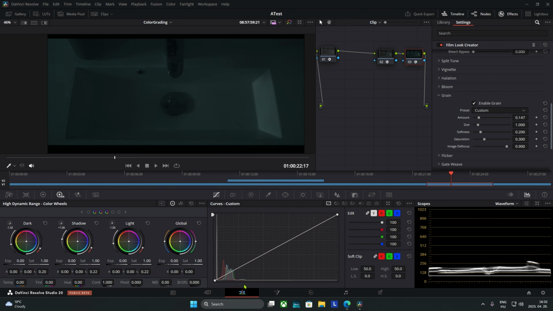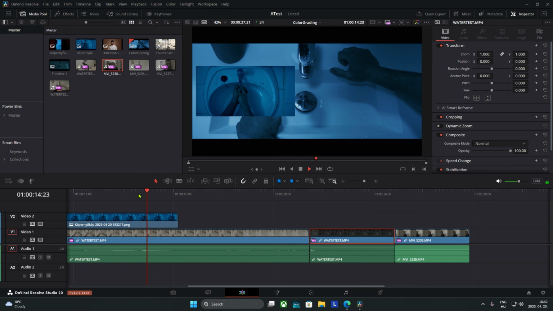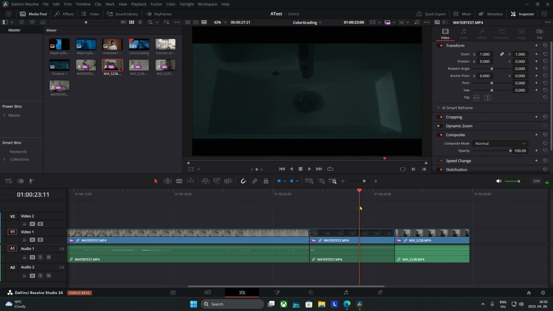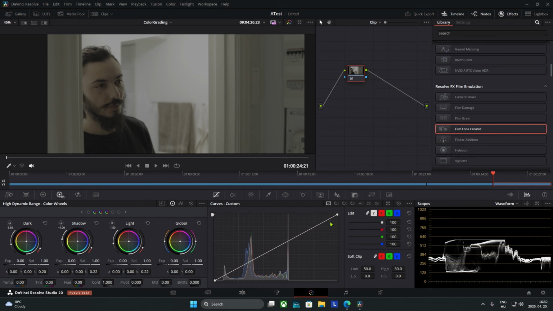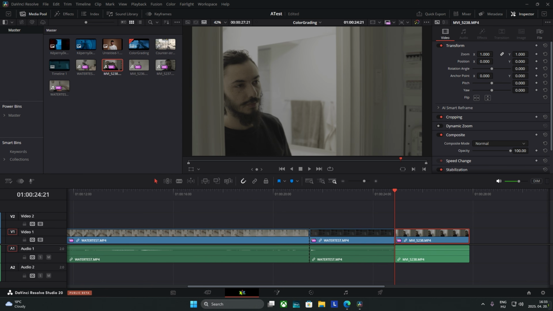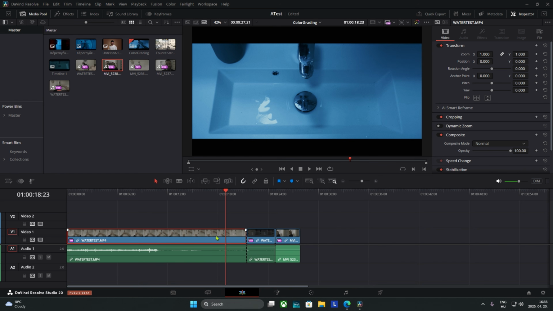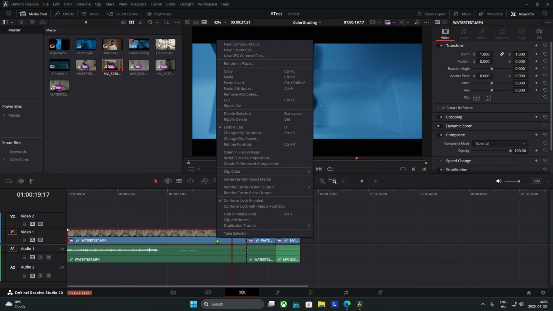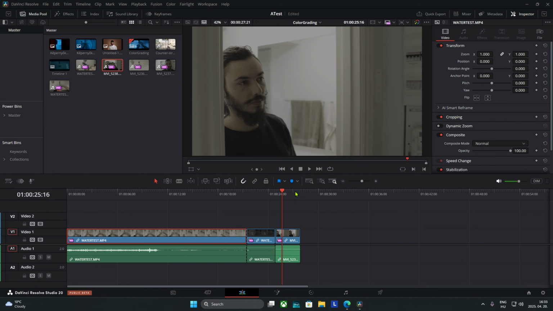And then what I wanted to show you is this one. So we have this little sequence that's really good. We don't need this image. And then we have this one. And instead of just going in the color page and doing the whole thing again, you can actually just go to the edit page, click on this colored version, the edited version, right click, copy, and then this one, what you want to do